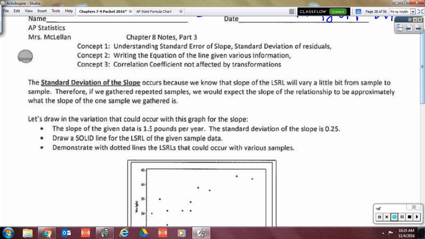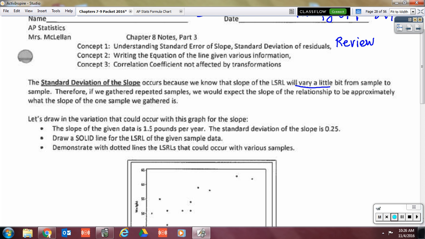All right, so we're going to do 3 concepts. First is the standard deviation of slope and standard deviation of residuals. We're actually just going to review this because I had already taught that with the computer printout lesson with our songs. All right, so remember that our standard deviation of the slope is happening because we get different samples. And from sample to sample, they will vary. Therefore, from person to person, we get different samples which give us different slopes. So remember that our song was hello, and if we sample many times, I'd expect the